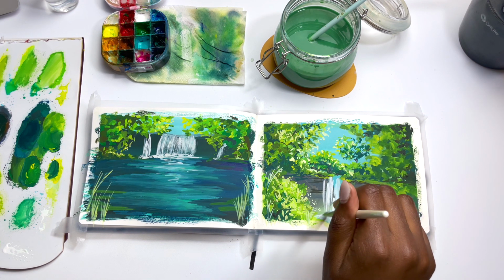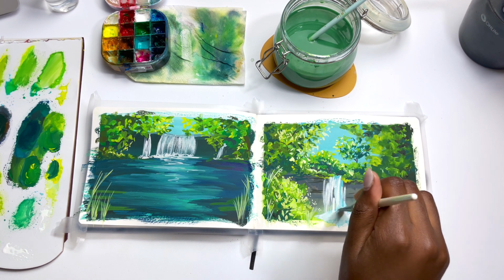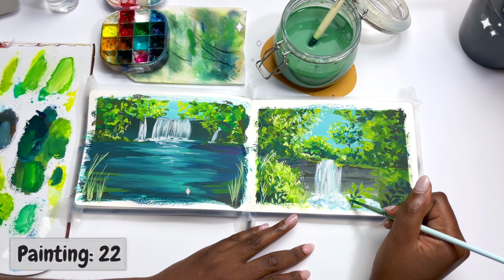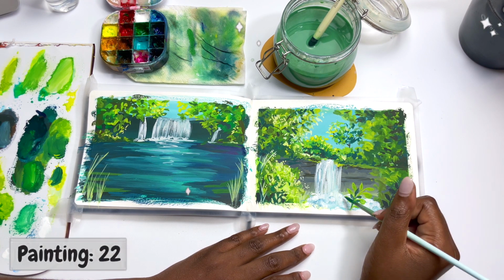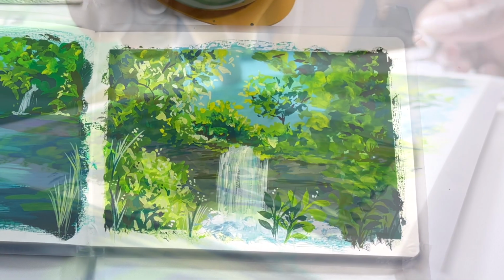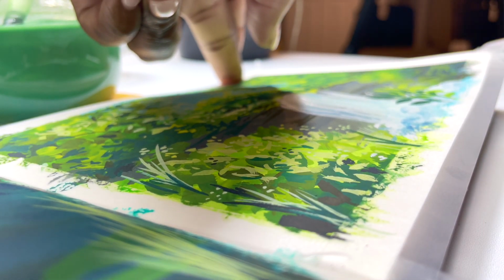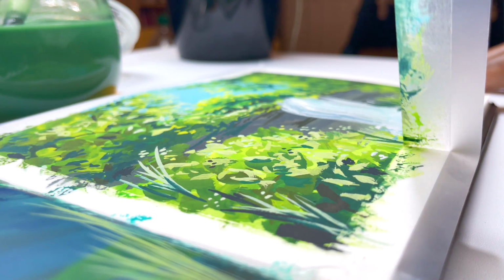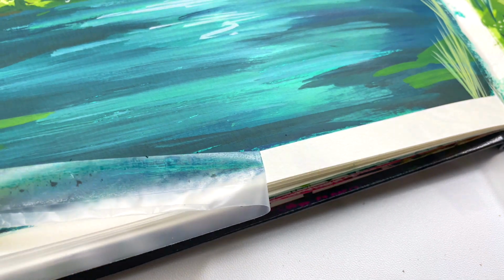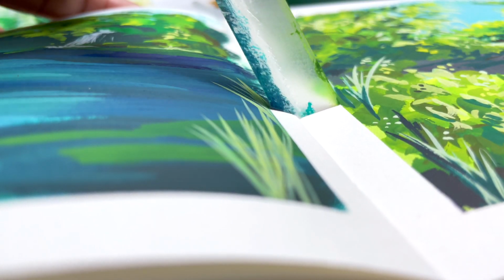I was trying to learn something and play and experiment. That being said, I do feel like as a result, I did notice a tangible improvement in my skills, not only in my speed, but in being able to compose, in being able to use brush strokes effectively, using different types of brush strokes, as well as color mixing, because ultimately I was creating forests and landscapes, so it involved